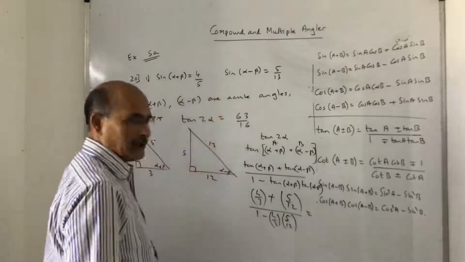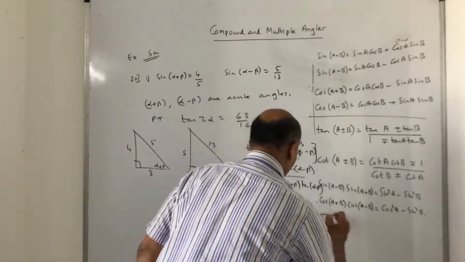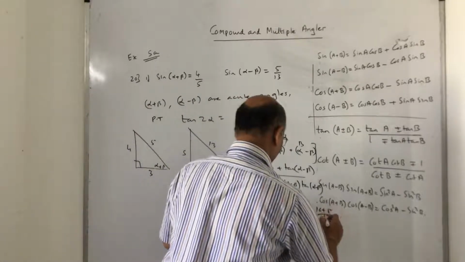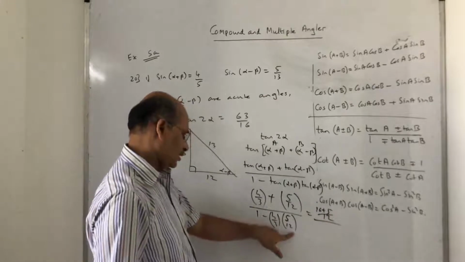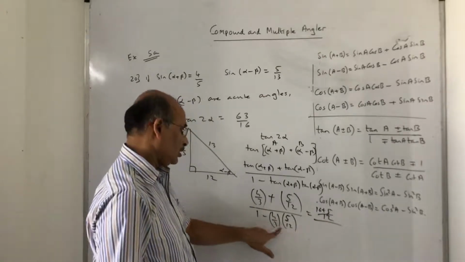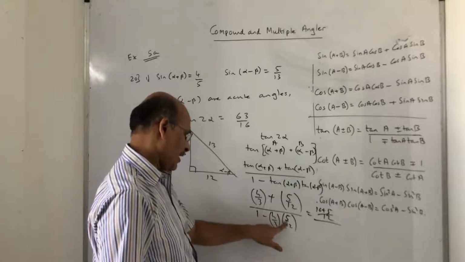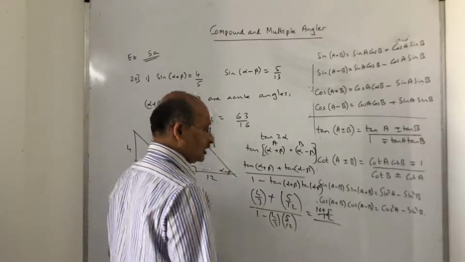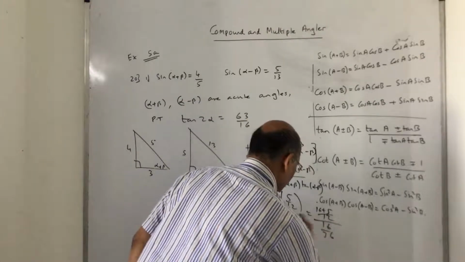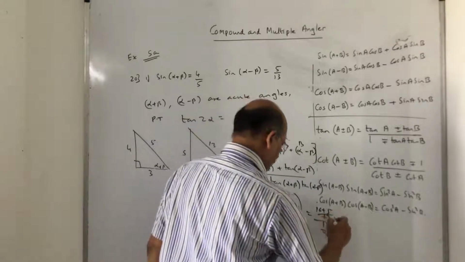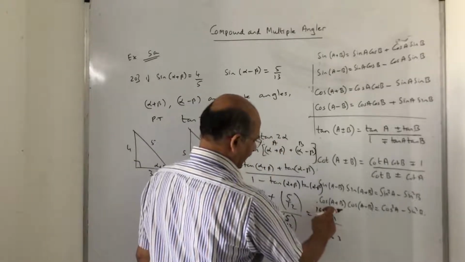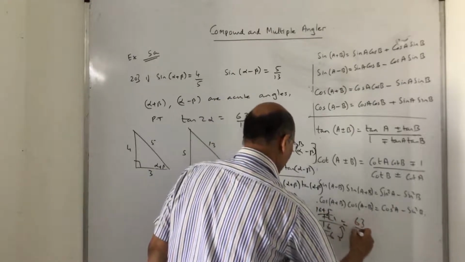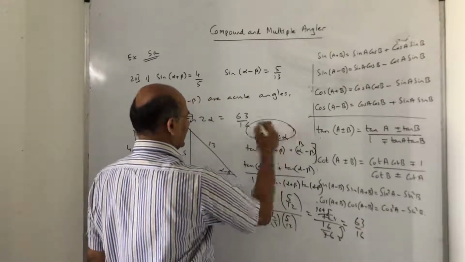Now what happens? Let us see. LCM, I think 12 is the LCM here. So 3 4s are 12, 4 4s are 16. 16 plus 5 upon, this is 36. 36 minus 20, so 5 4s are 20. So 36 minus 20 is 16 upon 36. So 12 1s are 12, 12 3s are 36, now 16 plus 5, 21. So if this 3 will go up over there, it becomes 63 upon 16. So that's what exactly they are asking us to prove.